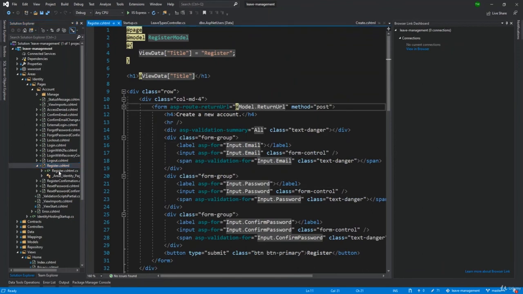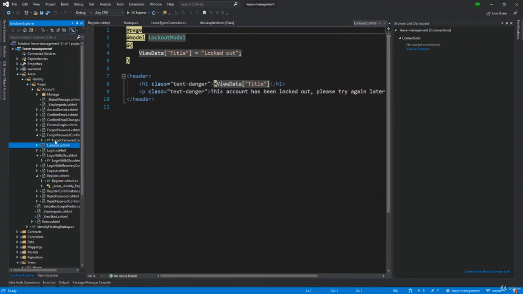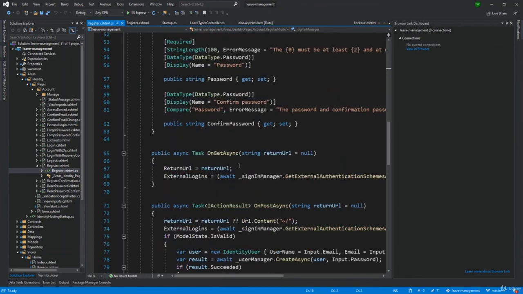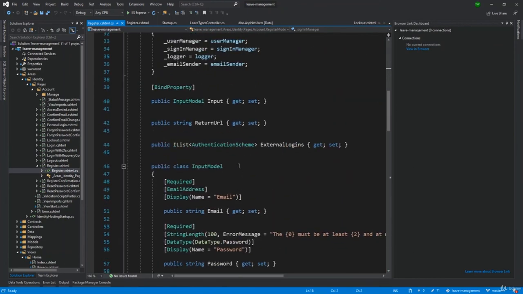All right. But then in this situation, this view, which is the same HTML front end and Razor front end, actually has a C# extension file underneath it. So when I expand any one of these pages that was generated, you see that there is a C# file underneath it. So if I go into the register.cshtml.cs, then I'm going to start seeing code that would kind of look like what we've been doing between our models,